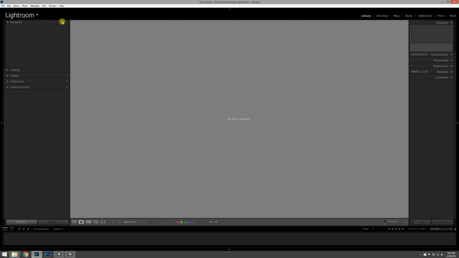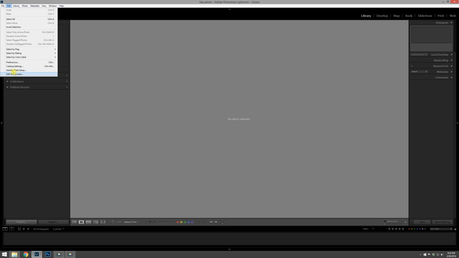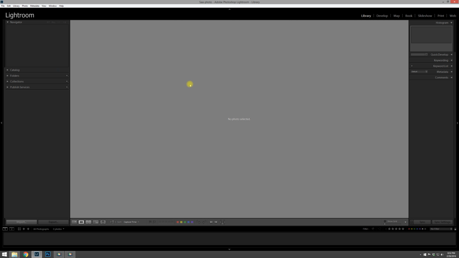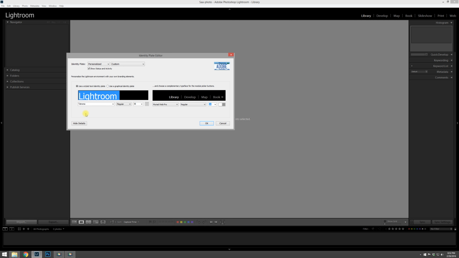Now the third thing that we can do, and of course this is just personally up to you, you can leave it to where it says Lightroom up here, but you do have the option of changing that. So if you go to Edit and under Identity Plate Setup, we can actually go in here and set up our identity plate, and we can go ahead and call it whatever we want. So if we want it to say SAA photo,